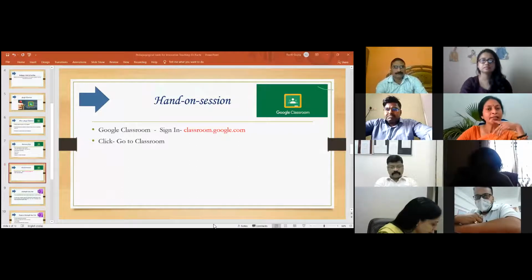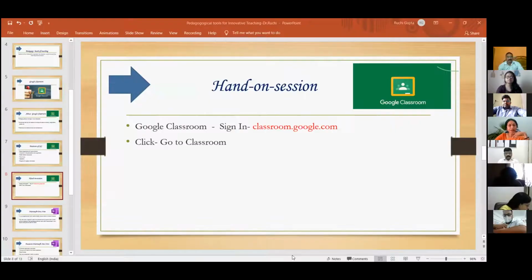Okay. Then the next thing is, whatever announcements I have made. These are the basic four tabs that you can see on the top: stream, classwork, people. These are some of the classwork that I have given to them. I have shared notes. I have shared the syllabus with them. I've given them one task also. In the task, I have made them read the basic insurance contents. So I have assigned it to 36 students.